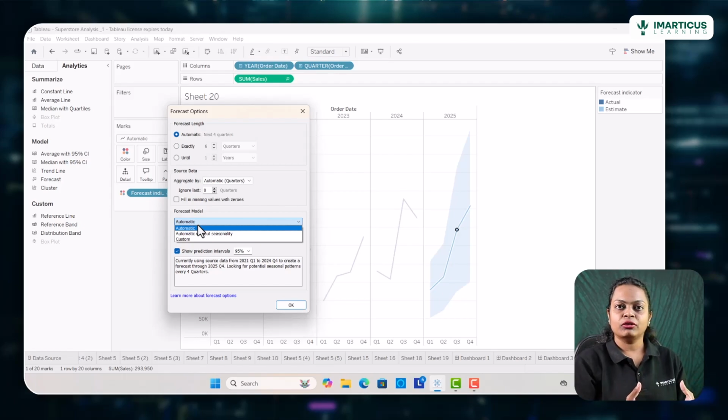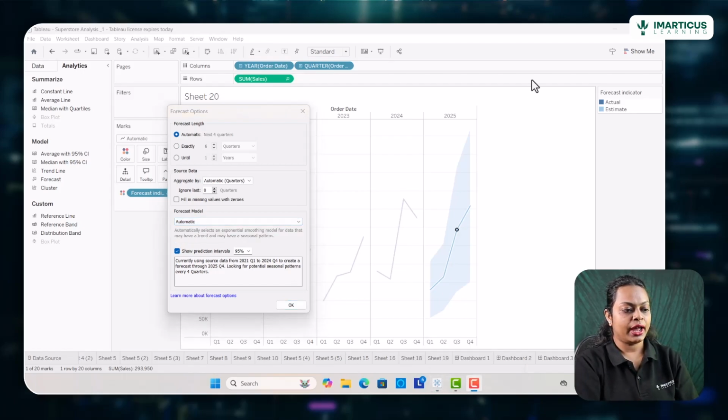The time series forecasting that we do using exponential smoothing can be done using 3 different models. One is the simple exponential, one is the Holt's linear trend model, and the third one is the Holt-Winters model, which is suitable for data where there is seasonality present. So automatic will give Tableau the liberty to decide which model will be more applicable or suitable, and it will try to apply that onto the data. So we have selected the automatic model here, and let me also show you that there is an option to